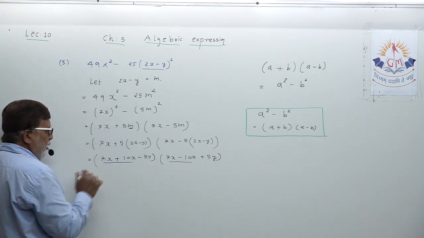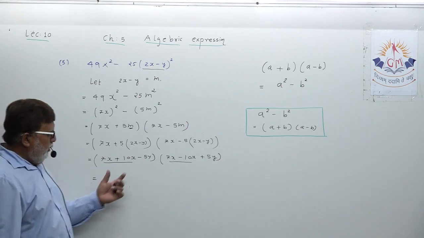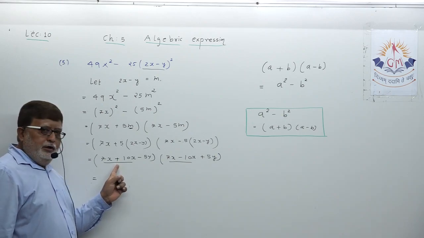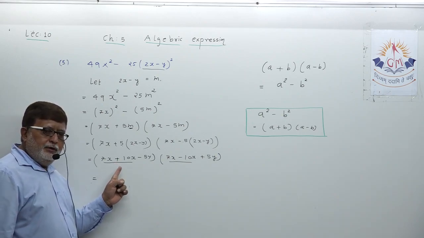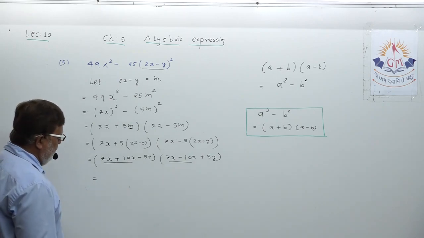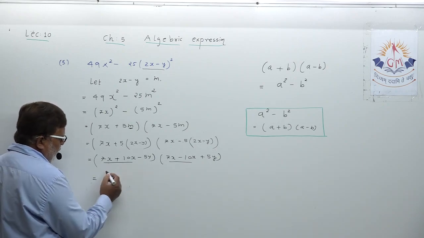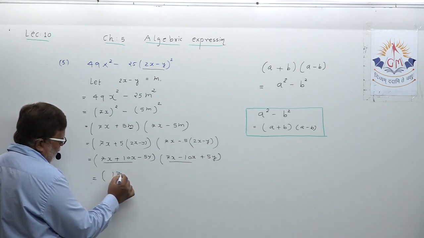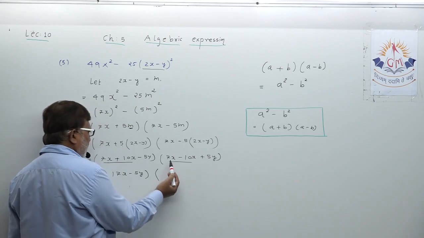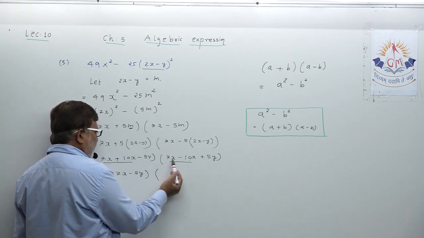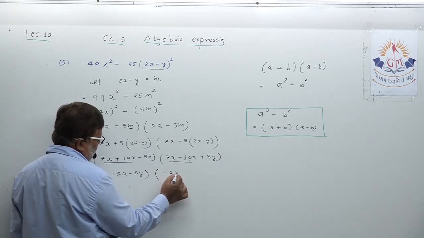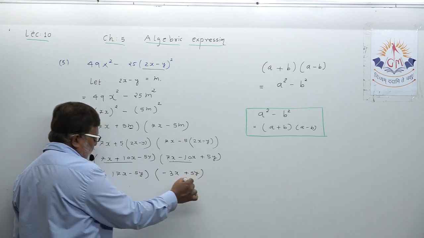So at the end, when you solve any example and when you get the final answer, if in one bracket there are like terms, you have to solve them. Okay. So both are positive here, so 17x minus 5y. Here 7x minus 10x, plus minus minus sign of greater number, minus 3x plus 5y. The sum is over.